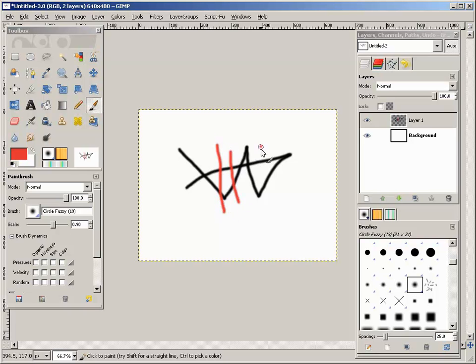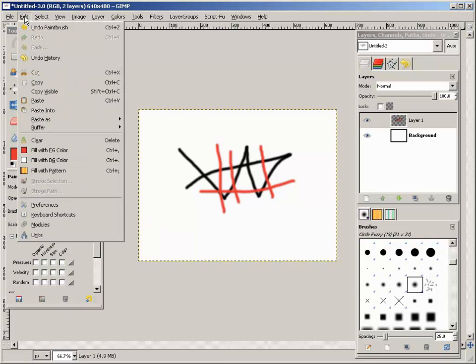Note the destructive nature of these pixels. I have now overwritten the previous black pixels in this area, and this area. So adding information via the paintbrush tool is destructive on the layer. Okay, if I was to undo that selection there,